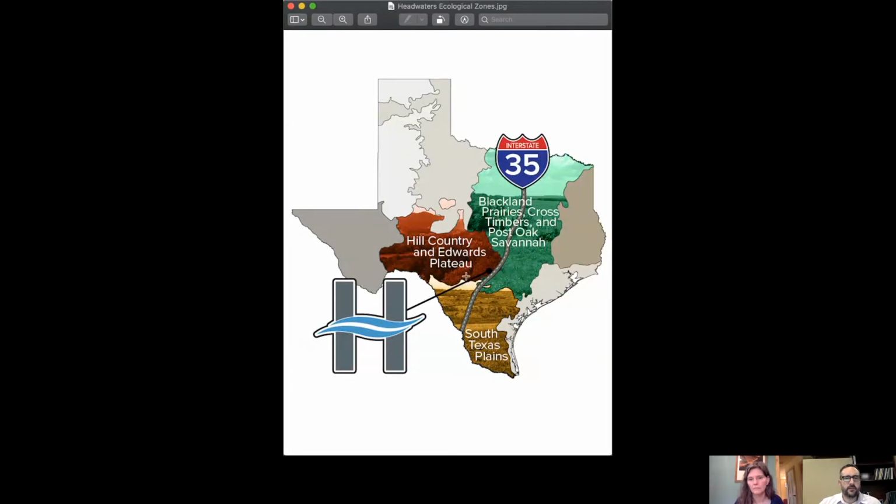It kind of peters out a little bit right around Waco, and then I think it's the Nueces River where it peters out on the south side. So I think one of the aspects of this, and I'll bring up that one illustration one more time, is like Mindy was saying, that people who live here, and here's that Headwaters site right in here,